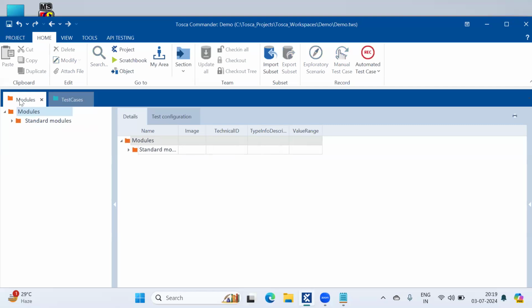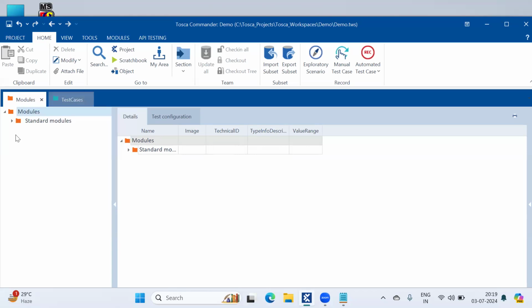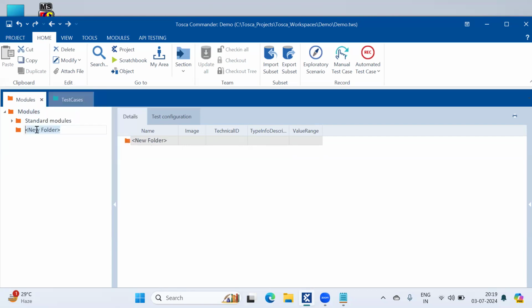First we need to create a folder. How do you create it? Just right click on the module section, and click on create a folder. Once you create a folder, give a meaningful name to it.